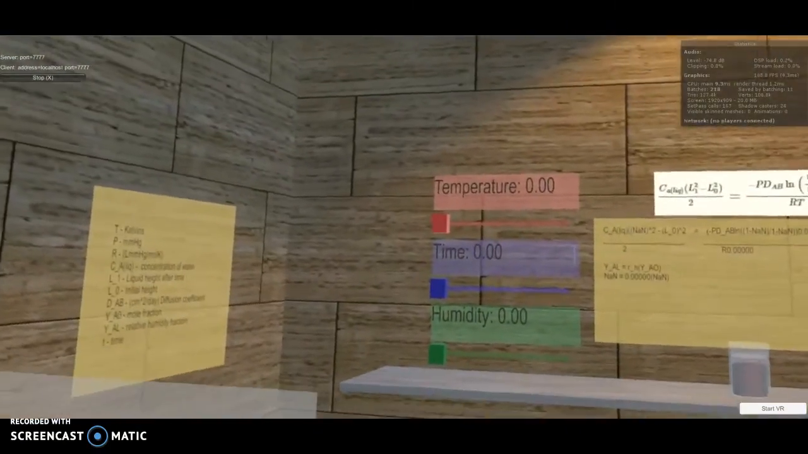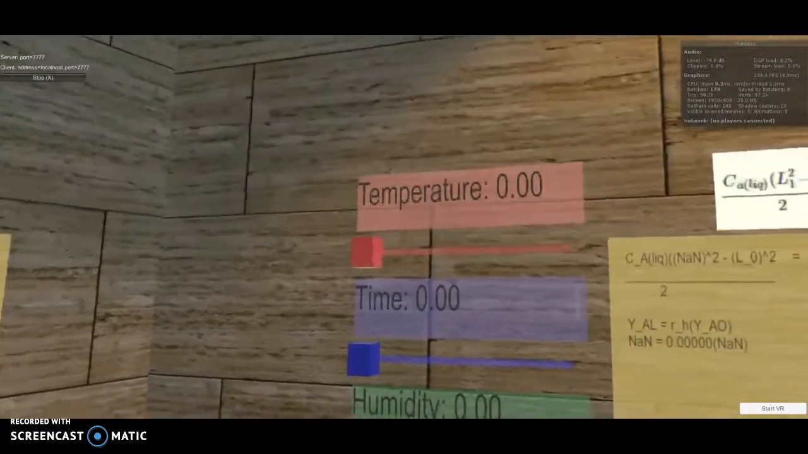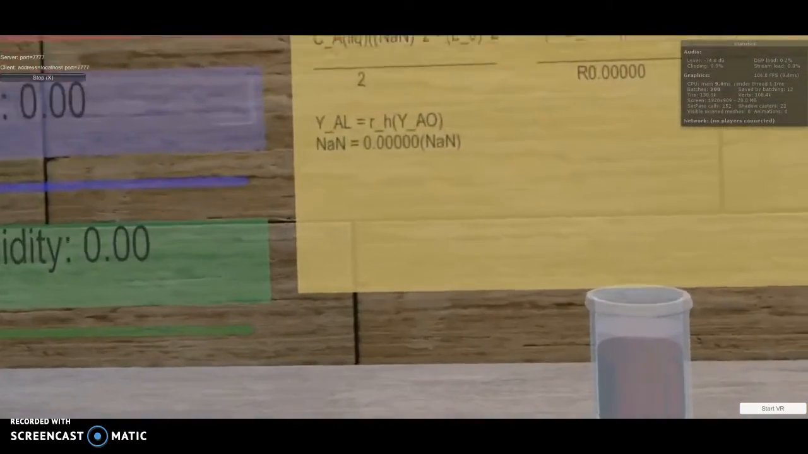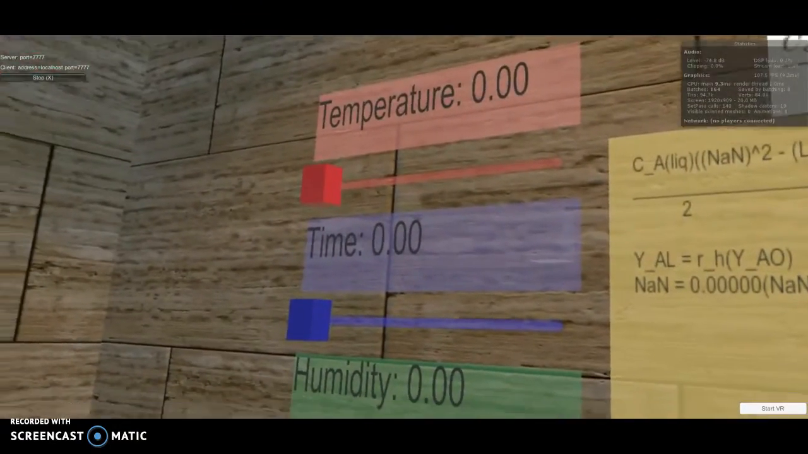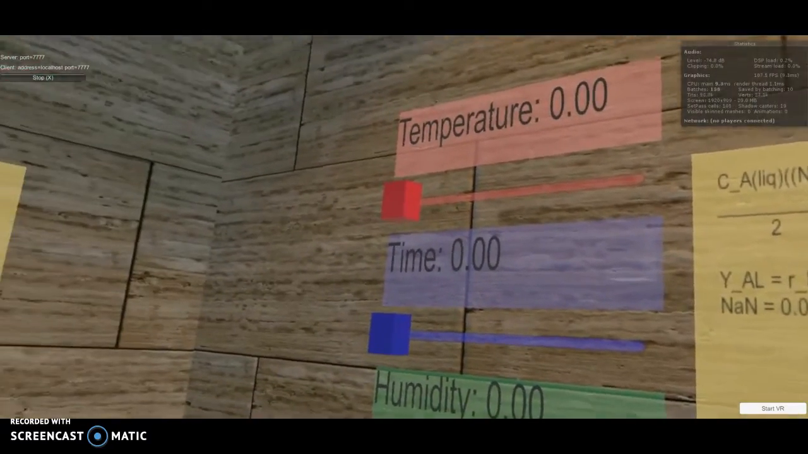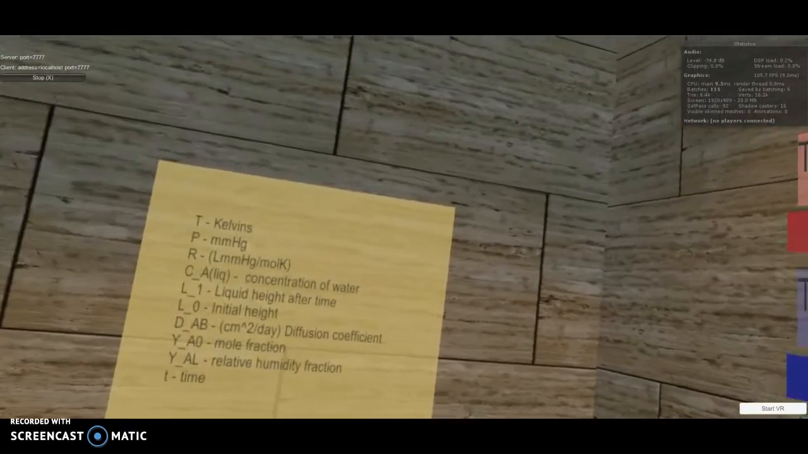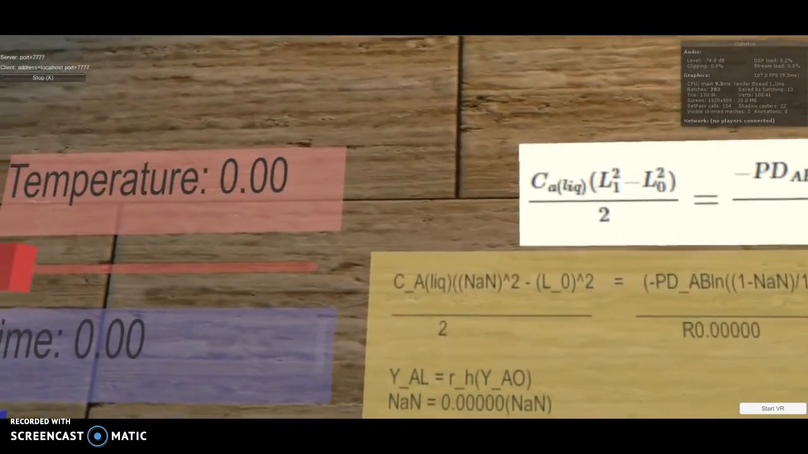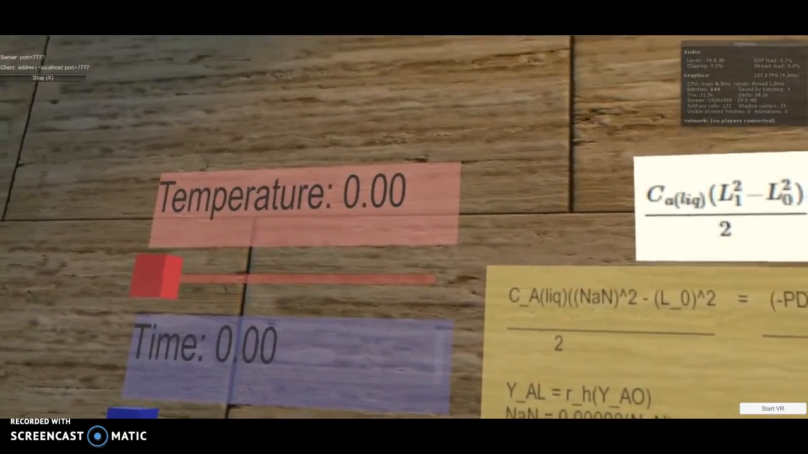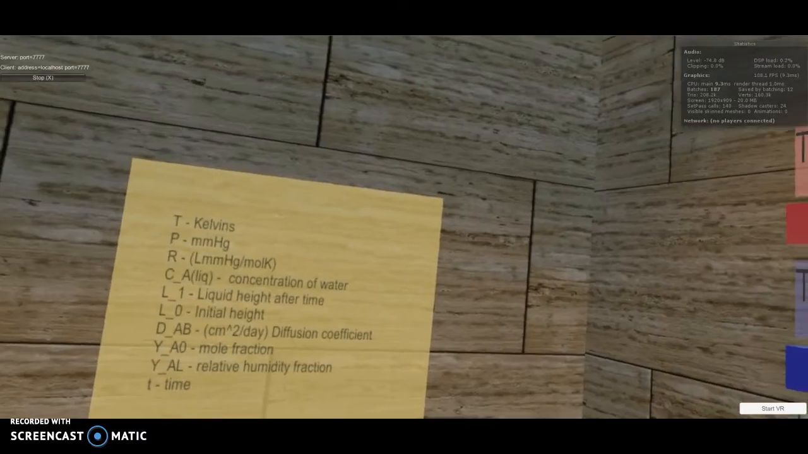So the other one that we worked on was a little bit more complex. It had to do with a mug of tea and how the levels of the liquid will change depending on certain variables like temperature, time, and humidity, as you see here on sliders. The complete equation that she derived for us is right up here for students to look at and reference, and so are the meanings of some of the different